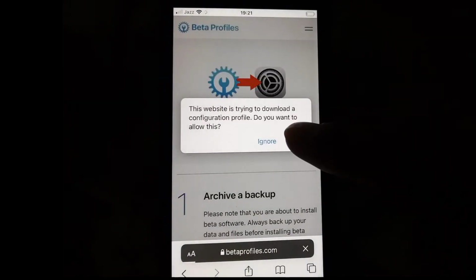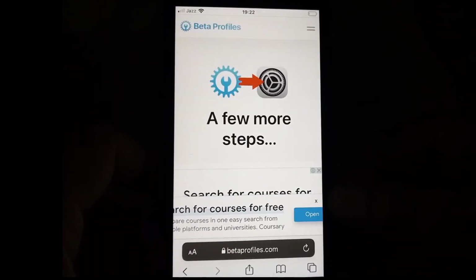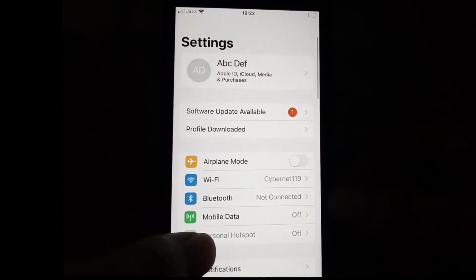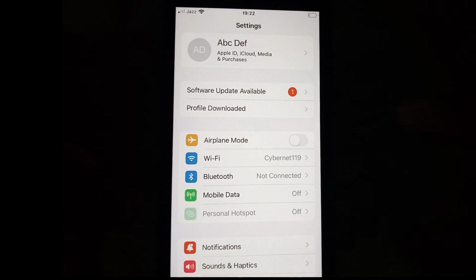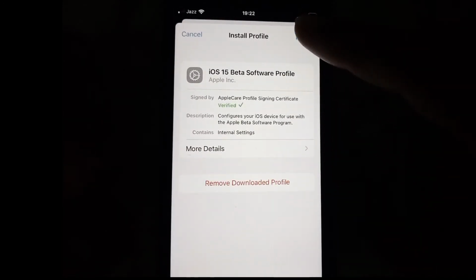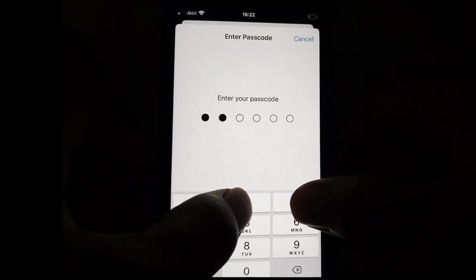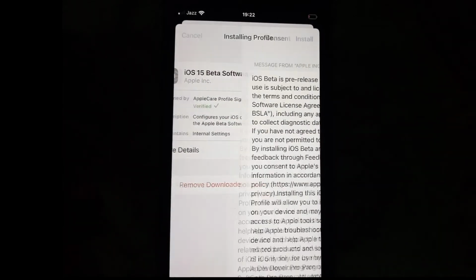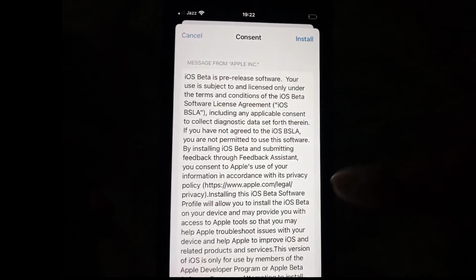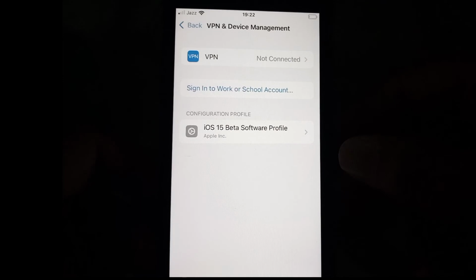And now tap here on allow and close it and then go back and open up here settings app and then here is the profile downloaded. So tap on this and tap here on install, give here your passcode, again tap here on install, tap on install again and tap on not now, tap on done and now go